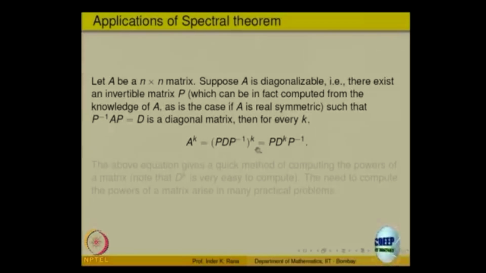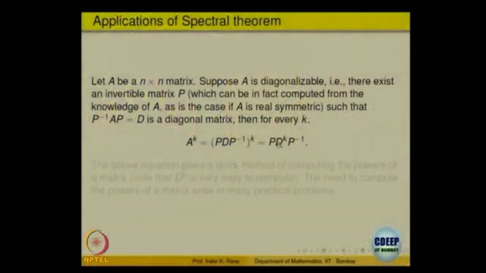Once you have found that, powers are very easy to compute. You have to just find D to the power K, and for a diagonal matrix, what is the kth power? For a diagonal matrix, it is just the diagonal entries raised to the appropriate power, right. This is clear? D square is nothing but the diagonal entries raised to power 2, D^k is diagonal entries raised to power K. So, for a diagonal matrix, it is very easy to compute D to the power K. So, this becomes a very useful tool,